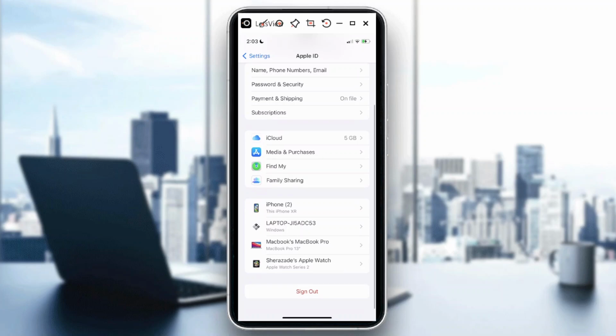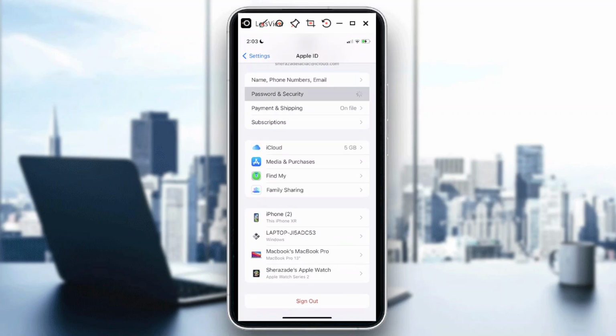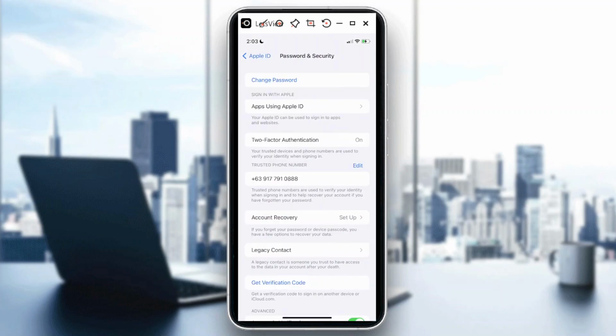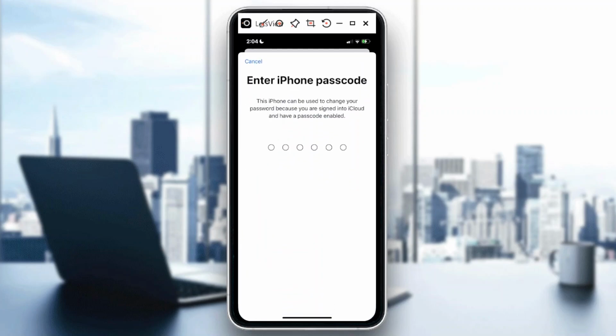And then, so this is where you could see, right, this password and security. And then it would lead you to this page. Once you're already there, just follow the on-screen instructions to reset your password. So just tap on the change password, okay? So once I'm there, you could enter my passcode, and then if you need to change your passcode, you just need to put